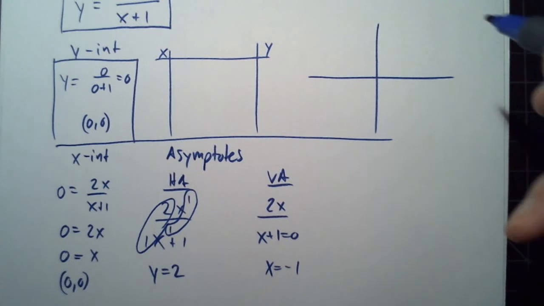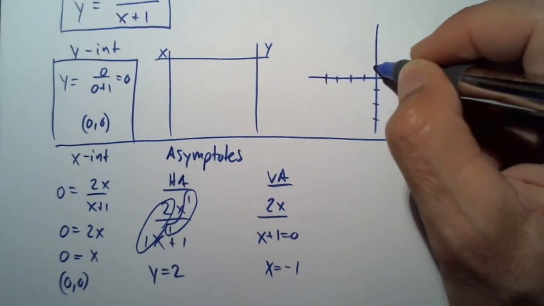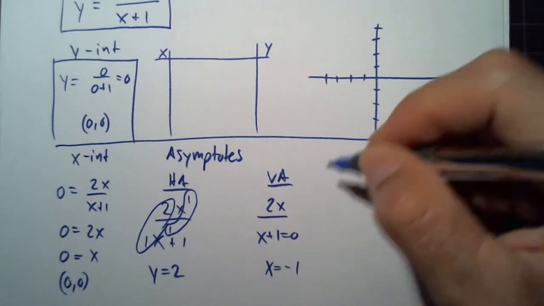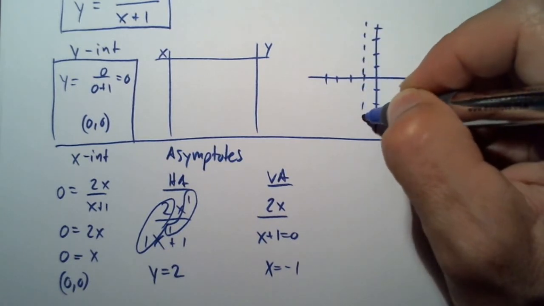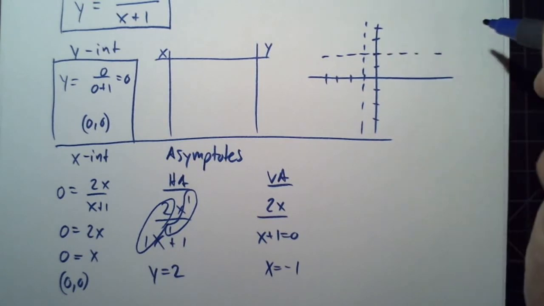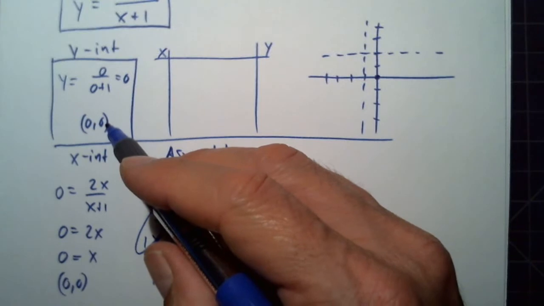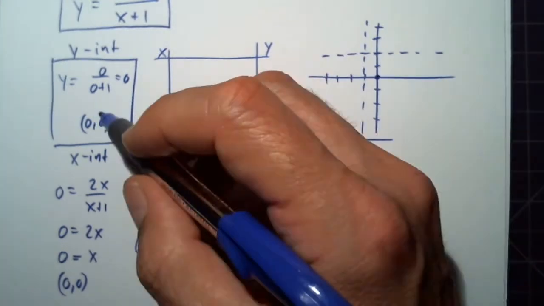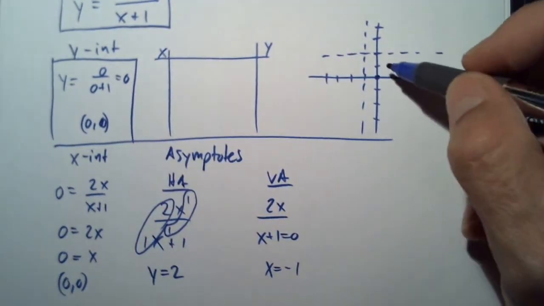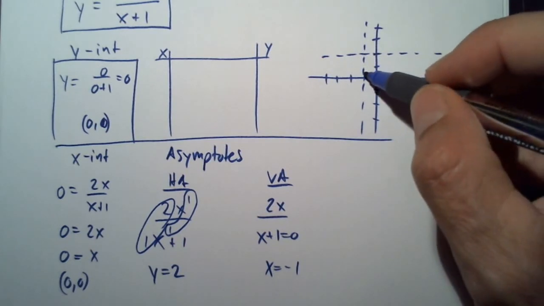And graph. Vertical asymptote is at negative 1. Horizontal asymptote is at 2. And we have 1 point on the graph from the x and y intercepts. So we should get a couple more points. Let's try negative